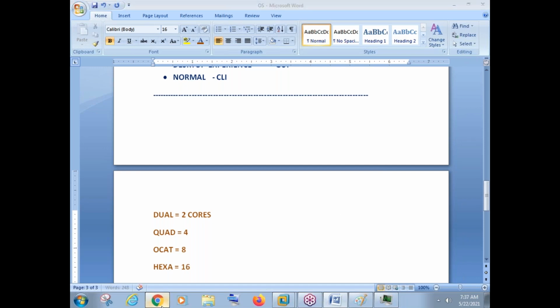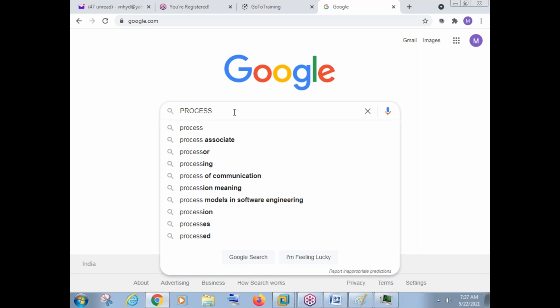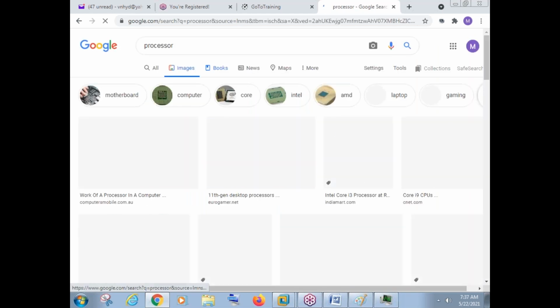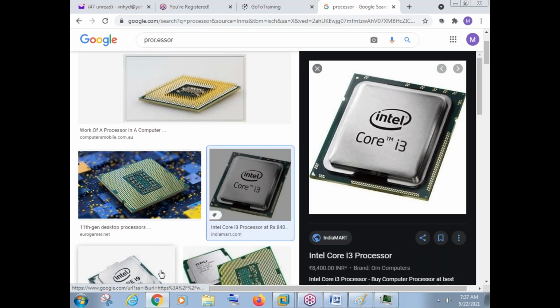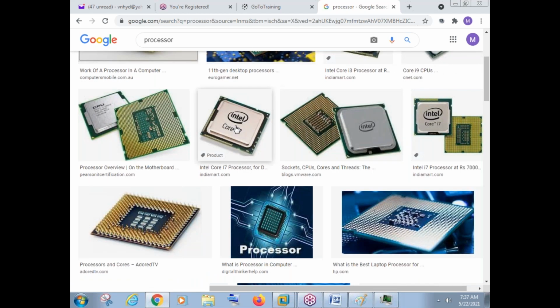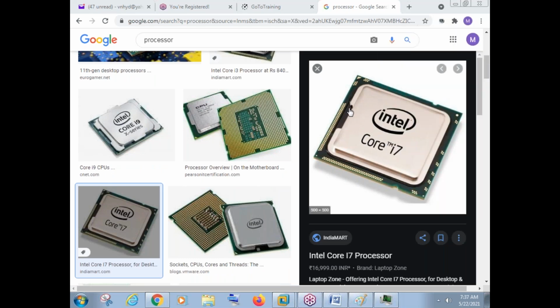Now, I hope you have seen a processor before, how it looks. Let me show you the CPU. This is your actual processor. Can you see here? i3 is written here, and i9 is written here. So this is a processor. i7 is written here. This is the processor which you have in your computer. It will be about this much size, maybe 2 square inches. This is the most important part of your computer.